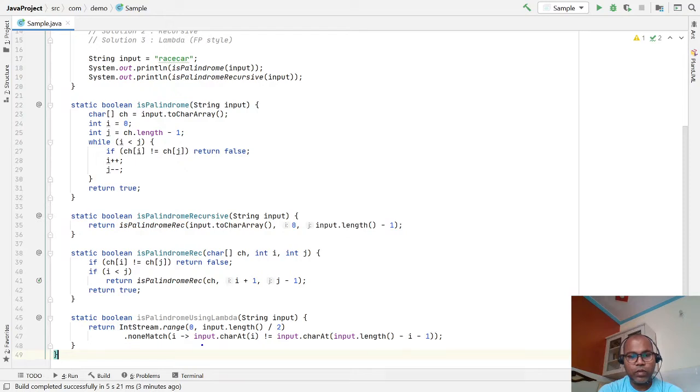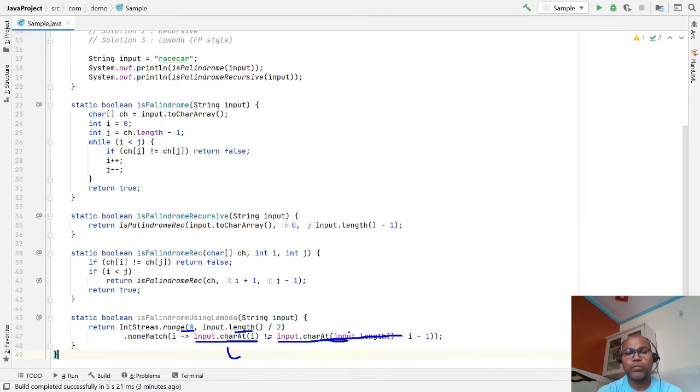That is done. What did we do here? Just checking this is your first character and this is your last character. If not match, then continue, else if match, then return false. So these are noneMatch functions. Only return true if all characters from 0 to half length do not match.